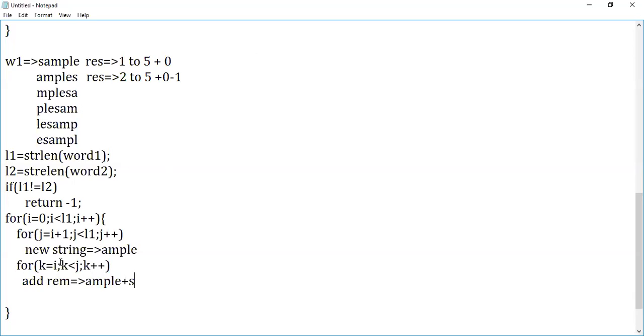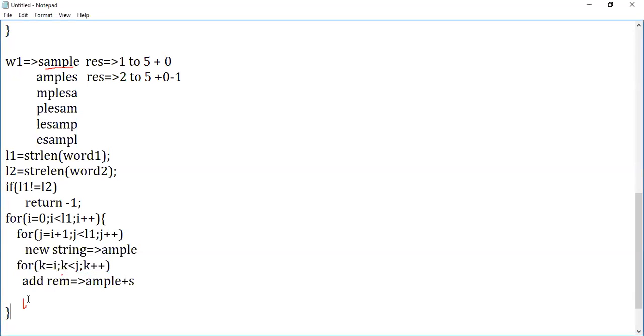Are you with me, guys? For the first iteration alone, I'm explaining what happened: you take this part, iterate, form it, and then add the remaining part. So this is done. When you're coming out of it, try to update your original array, or you can just deal with the same array itself. The next time there's no need of updating. There are two approaches: one with updating, one without updating. Without updating, I'll let you know. So now this one will be formed.